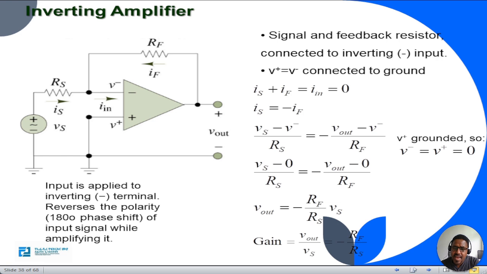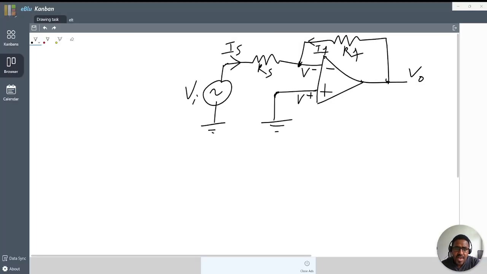So let's analyze the inverting amplifier. As you see, our V in goes to the inverting terminal and V out is fed back to the inverting terminal. During this time, what about our IS and IF? According to the golden rule of op-amp circuit analysis, I source equals minus IF. So IS means